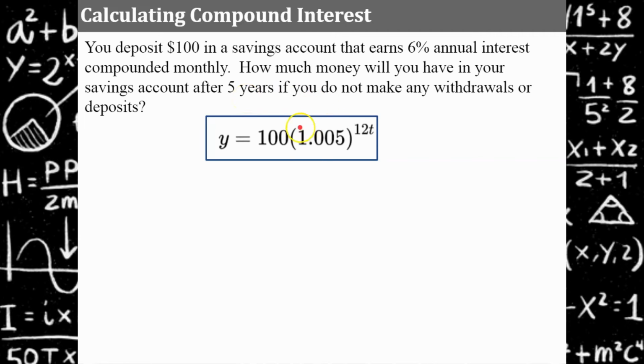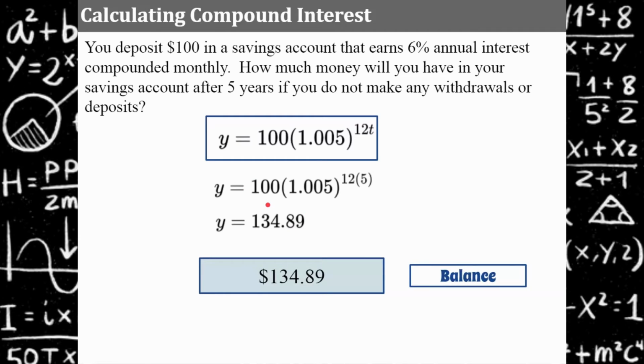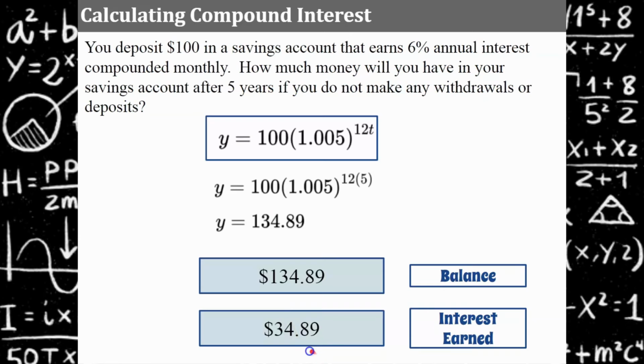So here's how we would use our exponential growth function. We're going to replace t, the time in years, with 5. So when you multiply, you get 12 times 5. You're going to have to use a calculator, 1.005 raised to an exponent of 60. That value multiplied by 100 will get you 134.89. So our balance after 5 years, if we don't put any more money in the account or take any money out, will be $134.89. And we would have earned